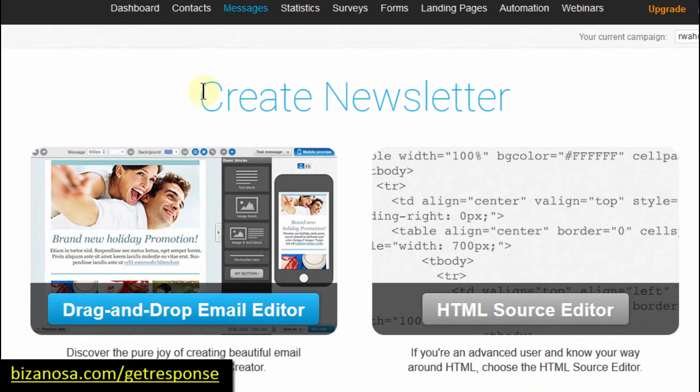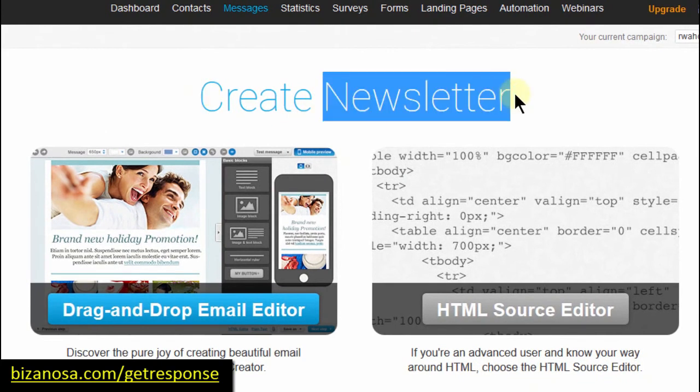So first of all, what are newsletters? Newsletters, these are the specific emails or the email designs that you'll send out to your subscribers. The good thing about Getresponse is that you can use the drag and drop editor, which will enable you to create really nice looking email newsletters without having to do any coding at all. So this is the one we're going to use, and I'm going to show you how each of the elements